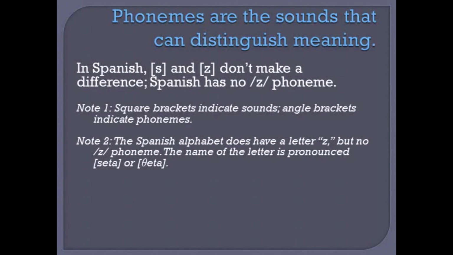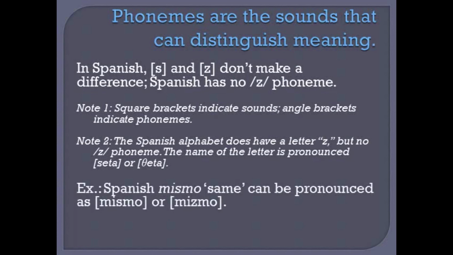Second note, as I indicated, the Spanish alphabet does have a letter Z, but there's no Z phoneme. In fact, the letter in the alphabet is pronounced as zeta, or if you're from Spain, as theta. So there's no zeta. If you say that again, you'll sound like you have an English accent. What this means